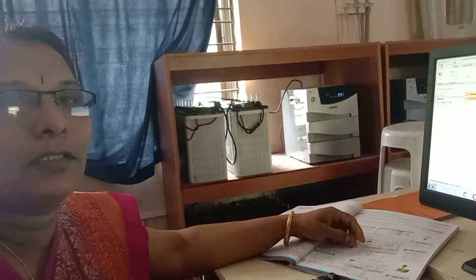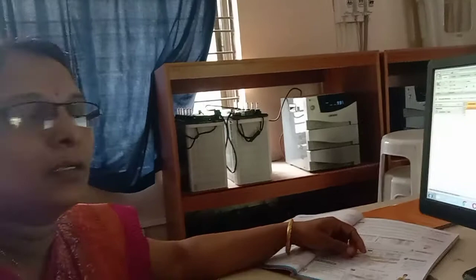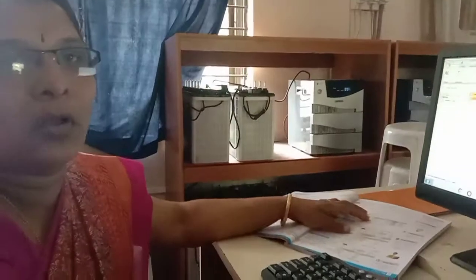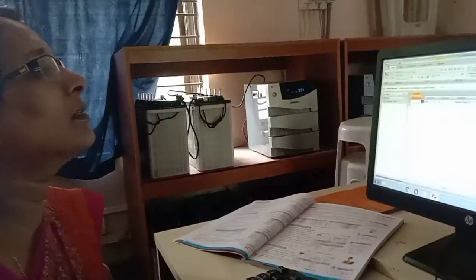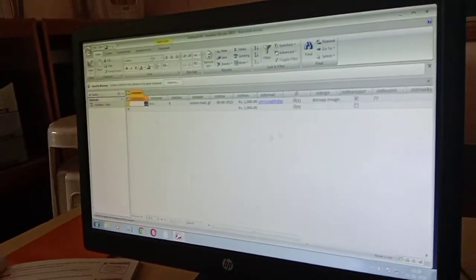Class 8 computer science. Last class and before that, we have discussed working with tables. Now we are going to discuss adding records. How do we add records? Last class I discussed the field names and data types. Hope you are aware of that.